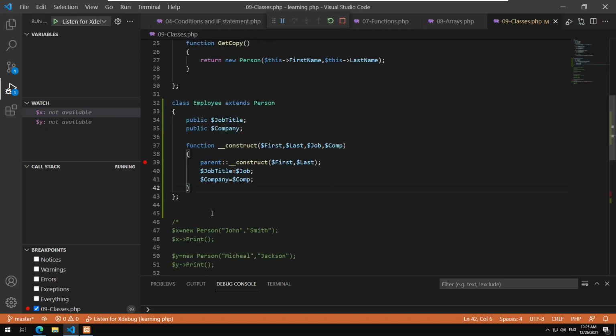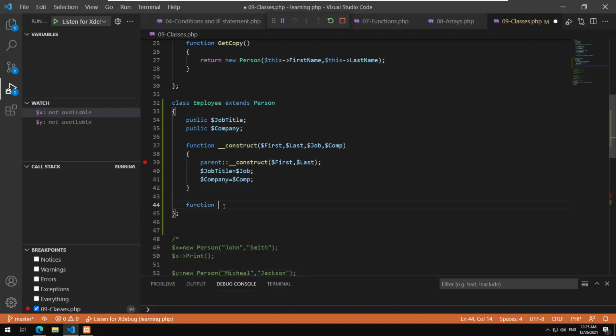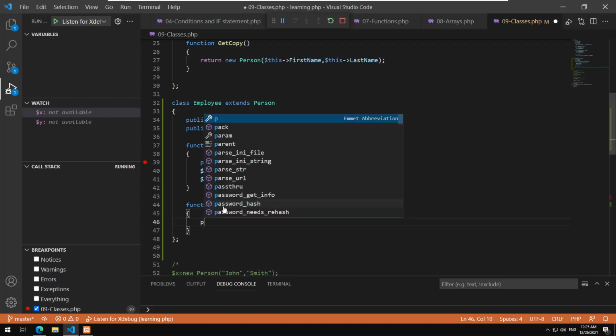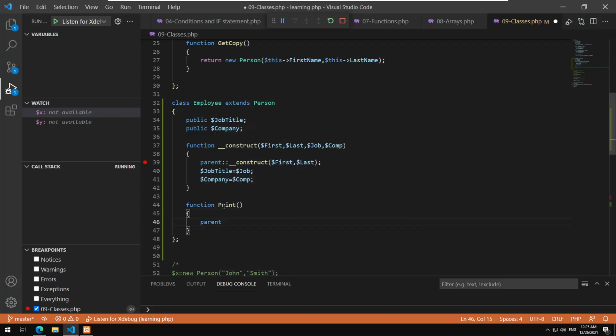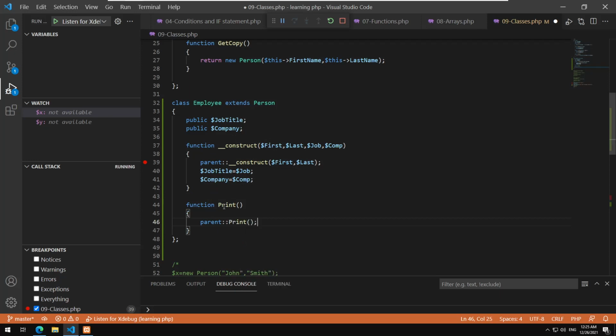So very straightforward, we are gonna do the same thing. So I will say function print, and I will use the parent print. There you go. This is the print method of the parent class, and then I will just say echo